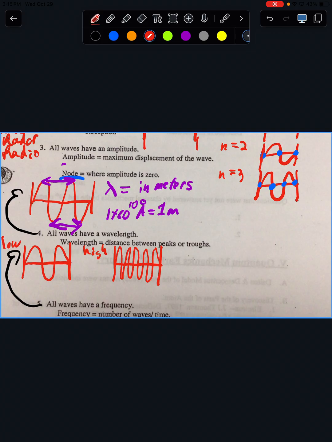So what changes, like the amount of energy in the wave? Like if it's the same height, but there's more, it's higher frequency. It depends whether it's a sound wave or a light wave.